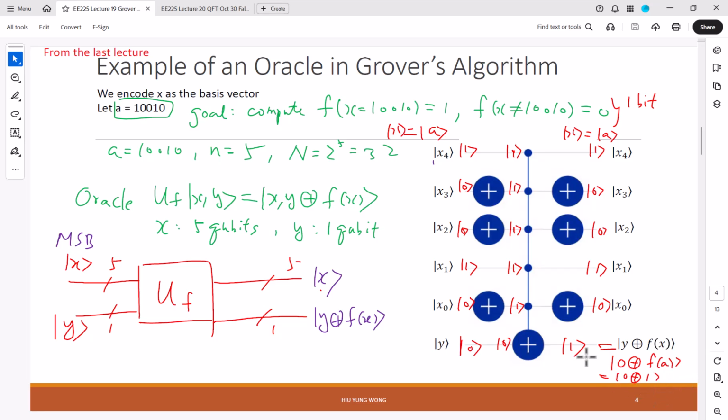So the way this quantum oracle captures the function is that it will give 1 in the y qubit if it is a, and give 0 in the y qubit when it is not a. This makes things not as great, so you cannot use it for quantum oracle